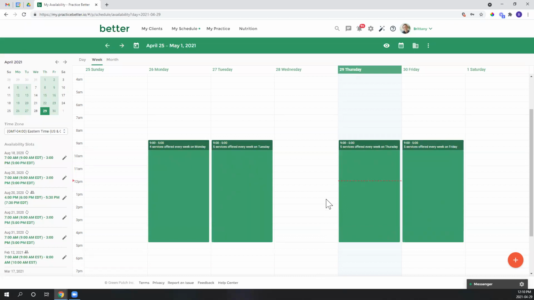The really great thing, and this is really why we wanted to do a deep dive on availability and calendar management, is that you can get very granular here. We're going to first start with what we want to offer, but after this, we'll get into how we want to manage those offerings, how we want those to show up, and what the restrictions are around booking a specific type of service. There's a lot here that will help you optimize how you want to work and streamline your ability to work with clients